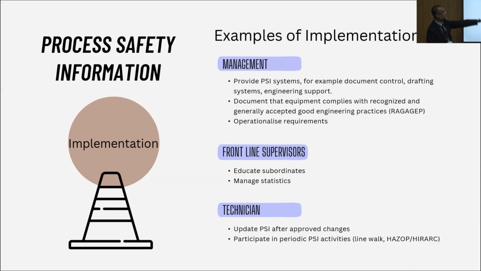So here's an example of how we implement the process safety information pillar in industry. For example, management has to provide the PSI systems, for example, document control, tracking systems, and business support. Document that equipment complies with recognized and generally accepted good engineering practices. RAGAGEP. That's a good initial for you to remember. That's from OSHA as well. And then